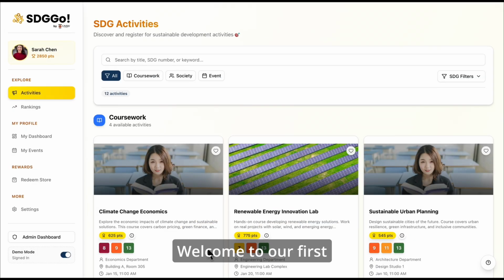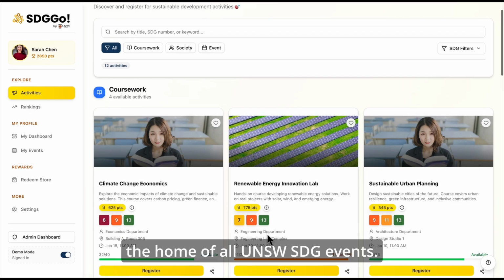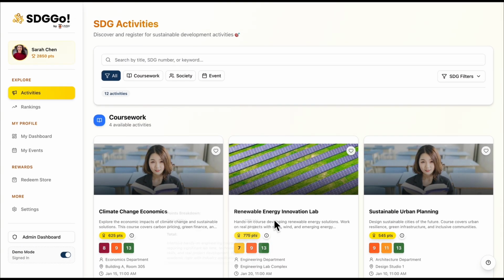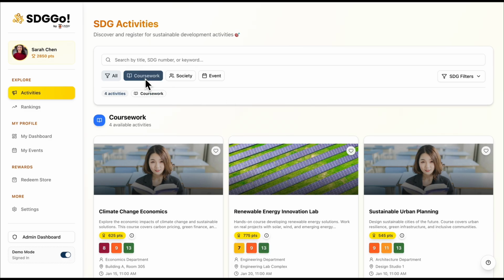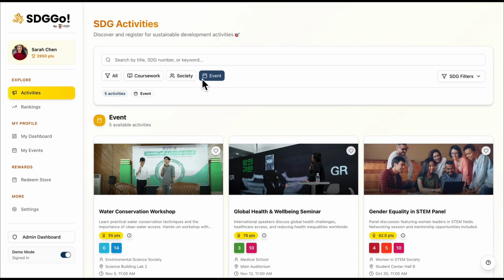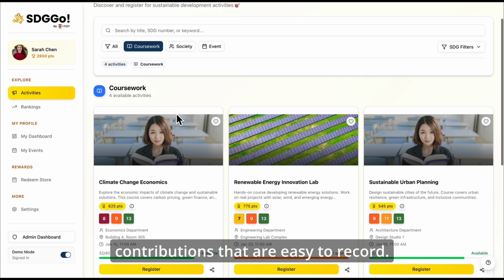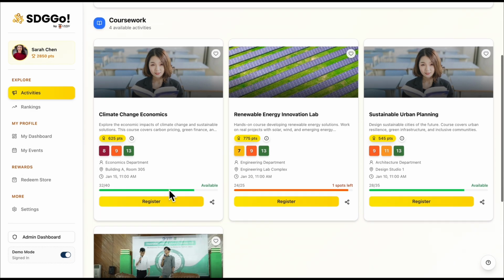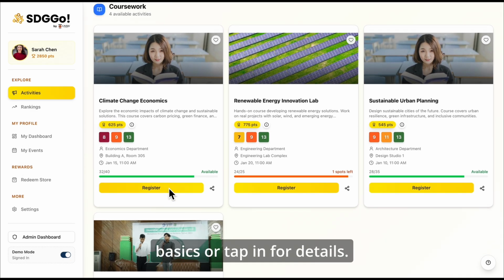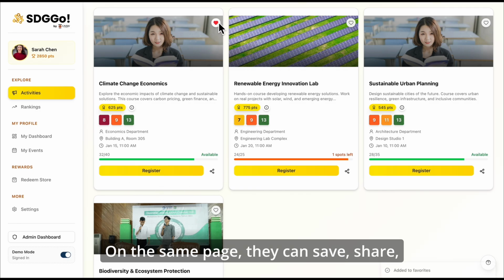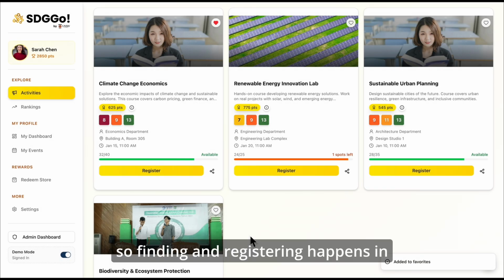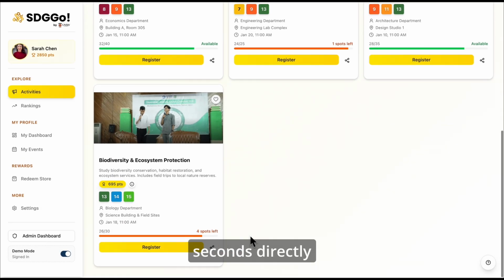Welcome to our first main page, Activities, the home of all UNSW SDG events. Students can search, filter by SDG topics, and browse the 3 clear categories: coursework, society, and events. Every activity has points, making contributions super easy to record. They can glance at the basics, or tap in for details. On the same page, they can save, share, or register instantly, so finding and registering happens in seconds, directly through